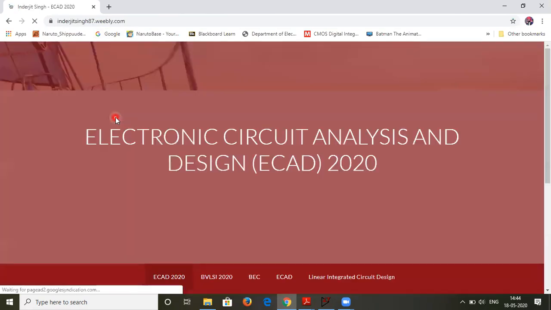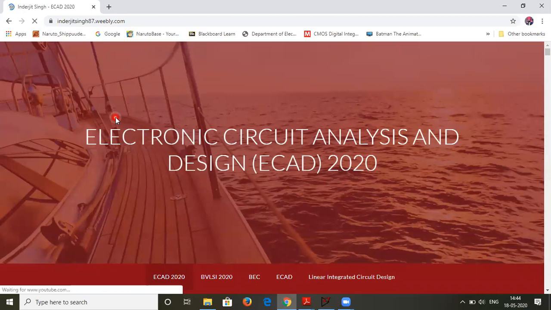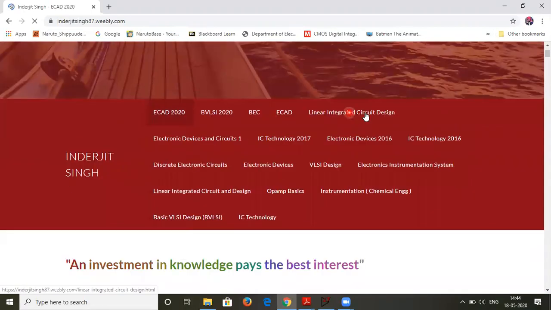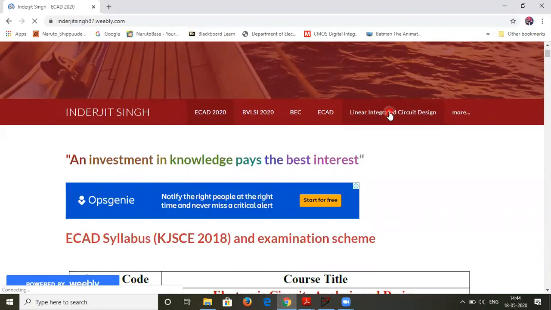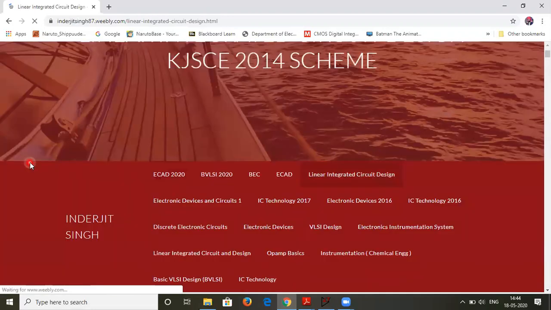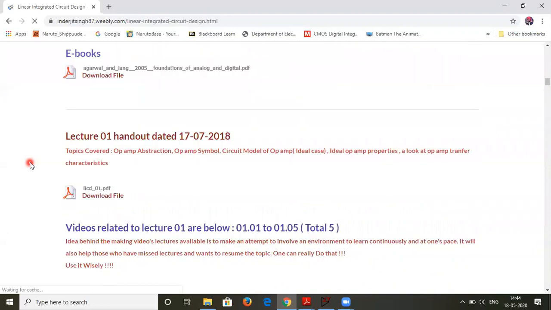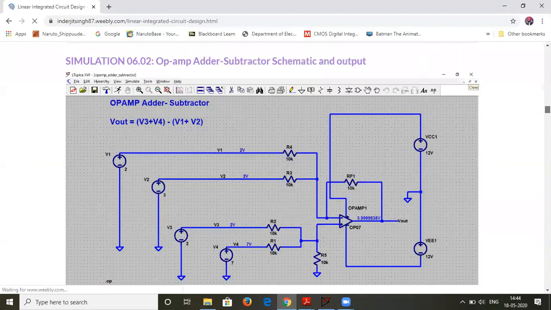It's inderjitsingh87.weebly.com. In this website, there are many subjects. This one is taken from linear integrated circuit design, so you can click on OK. The theory of this topic is taken from, let me slowly go to the, if I remember correctly, lecture number 18.